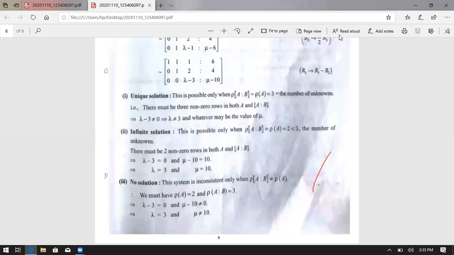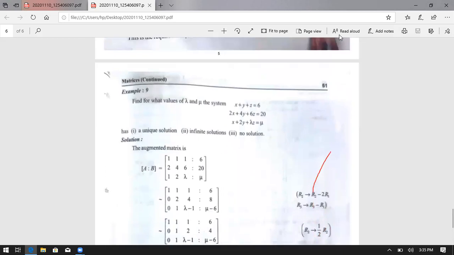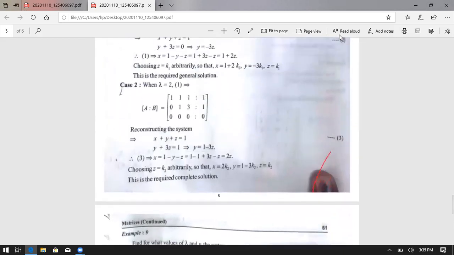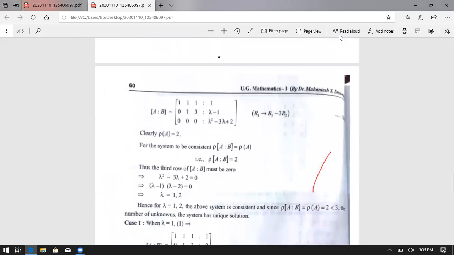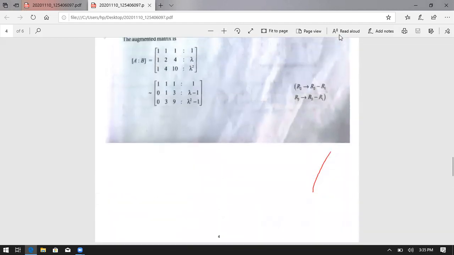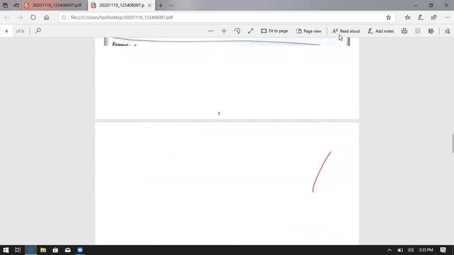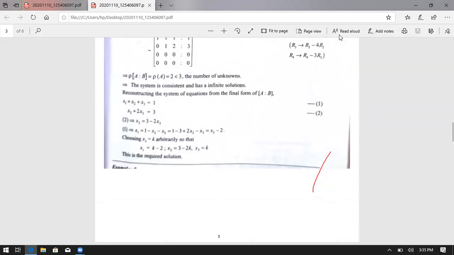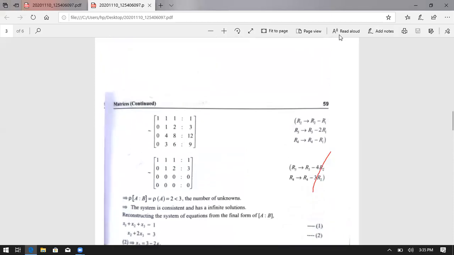Here, this is the last one. Once again, you see this one, finding the non-homogeneous linear equation, and after that how to find the augmented matrix and row reducing. Next, finally you write the consistency, and the homogeneous equation and non-homogeneous equation, or otherwise the unique solution. Thank you for all.